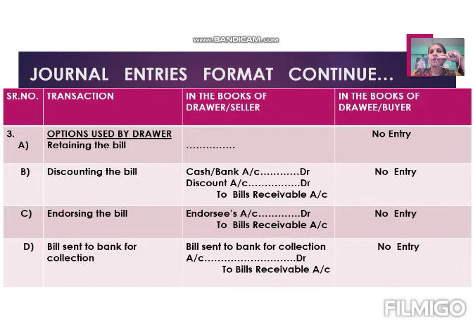If you analyze these entries or go through these three entries, you can find out one similarity there. Is there any one point of similarity in the entries? Yes, we are crediting bills receivable account in all the three entries. Credit part is same. Means whenever drawer follows any option, bill is going out from the business. That's why bills receivable account is credited.